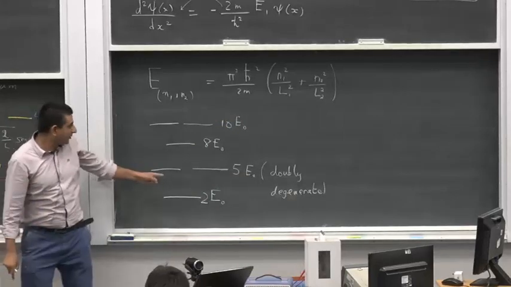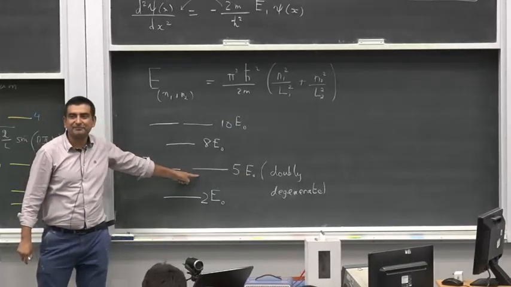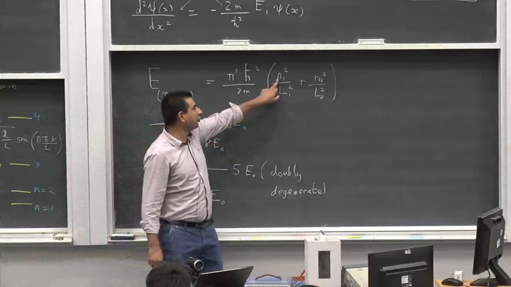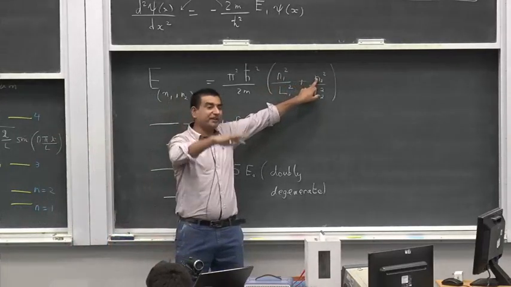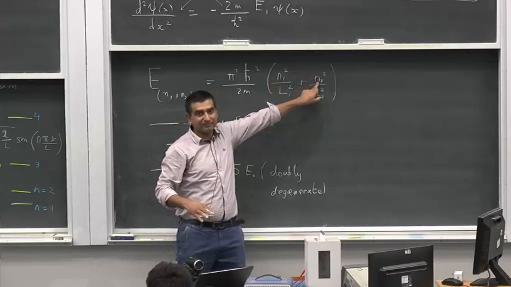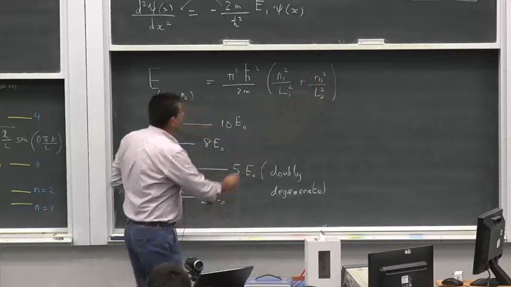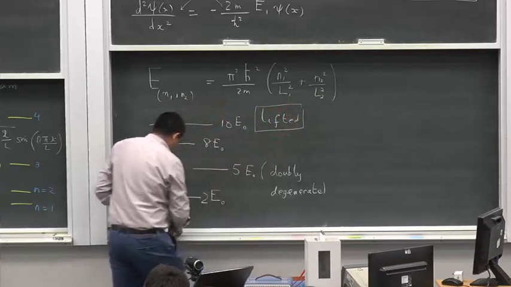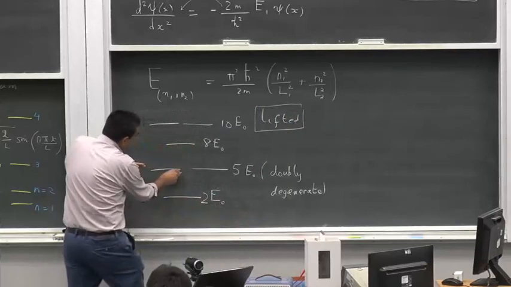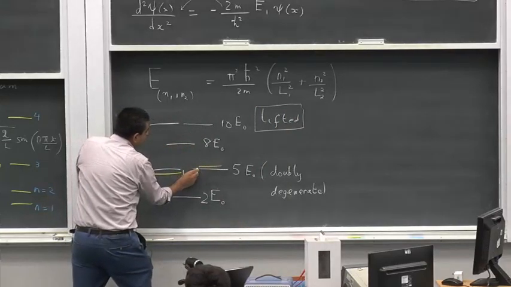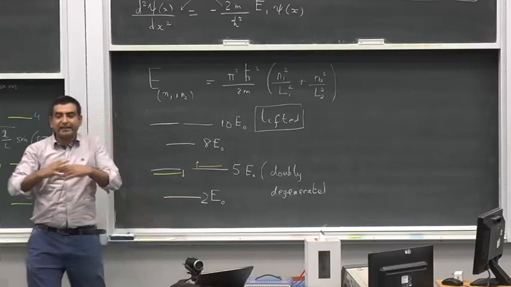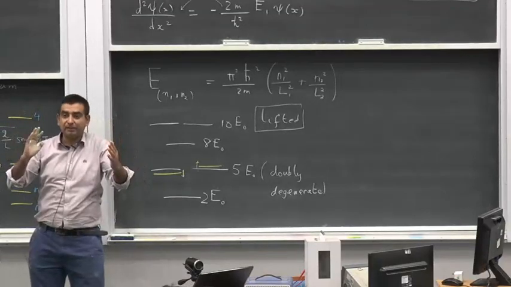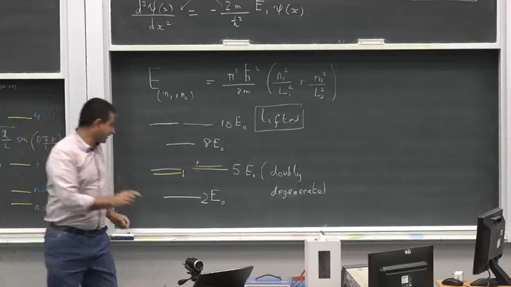Now the question is, will you get these degenerate states? No. Because now, if this were 2 and this were 1, this will lead to a different energy than if this were 1 and this were 2. So now the degeneracy is lifting, which means that one of these states will be shifted downwards, the other will be shifted upwards. And this lifting of degeneracy is because I've broken the symmetry of the problem. The key result is that symmetry